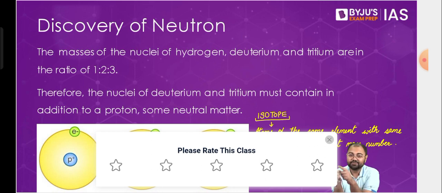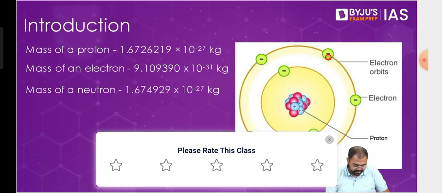But that's not the case with electrons. Electrons can be gained or lost. So when you say it's a positively charged ion or a negatively charged ion, the charge happens not because protons are lost or gained. Positive charge does not mean extra protons. Positive charge means fewer electrons, and negative charge means more electrons. So it's always electrons, because from the outermost shell in this structure, electrons can be gained or lost.